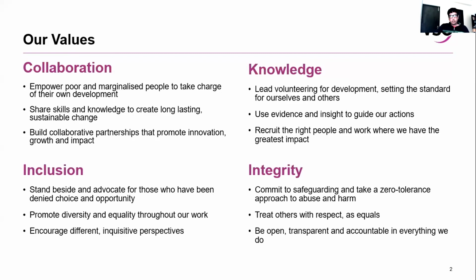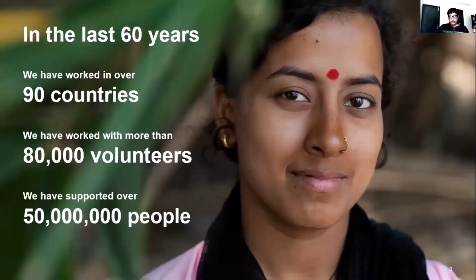So just to give a very brief snapshot, in the last 60 years, VSO has been working in 90 countries. We have worked with more than 80,000 volunteers and supported over 15 million people. So we come from a very strong background of knowledge and experience on volunteering for development. Have implemented programs like you can see in